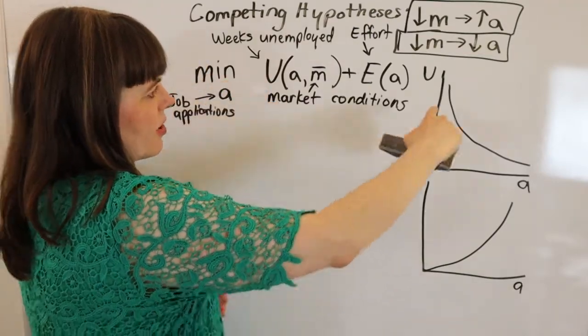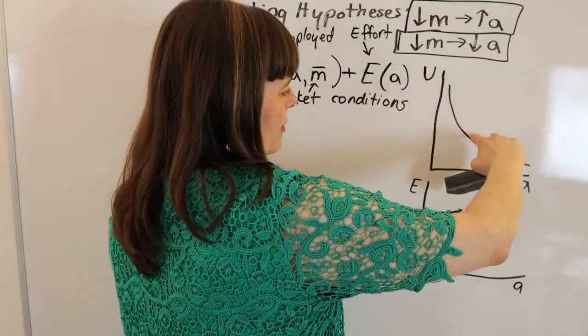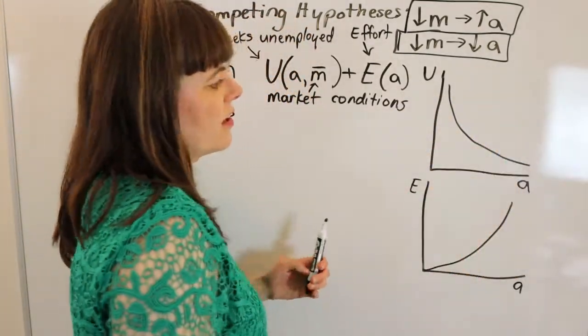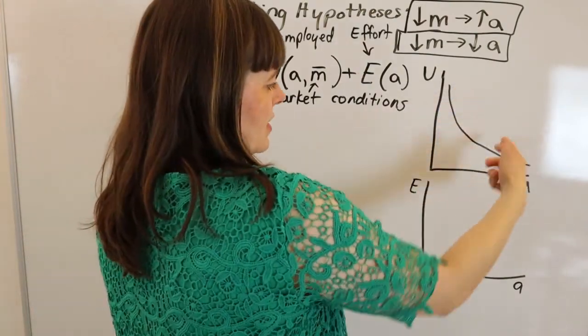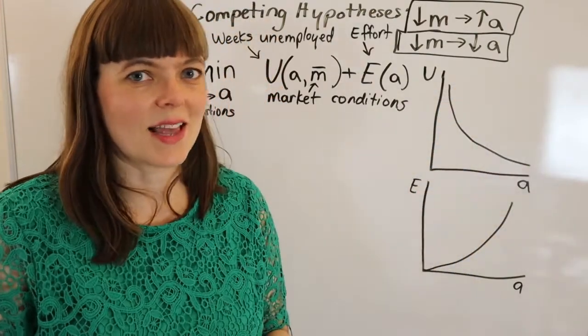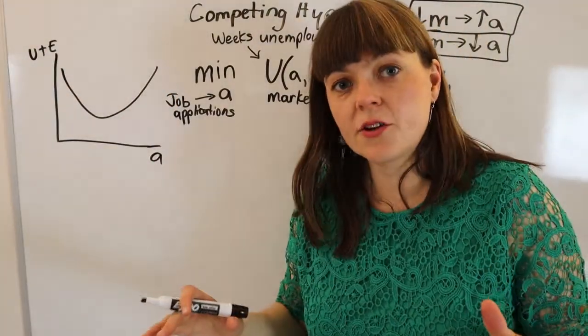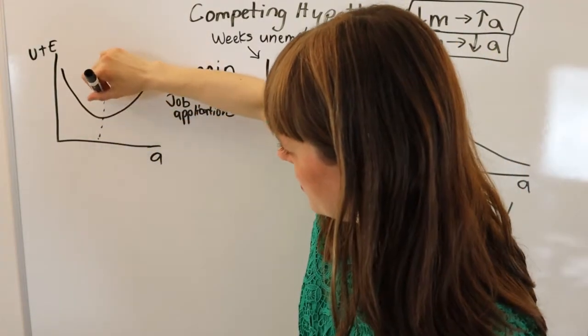We have a picture of weeks unemployed as a function of job applications. So the more applications you apply to, the fewer weeks you will be unemployed. So this might make sense. And then the effort cost is the same as it was previously. And if you add those two graphs together, you're going to get something like this, where you're trying to minimize